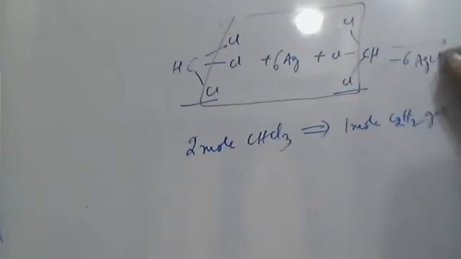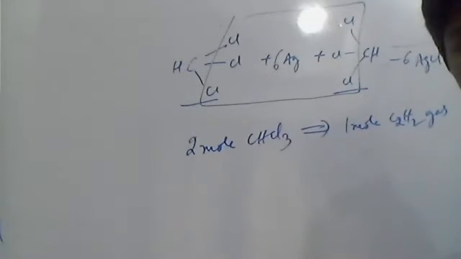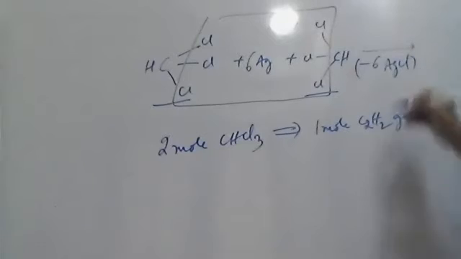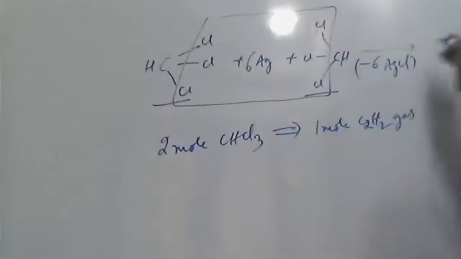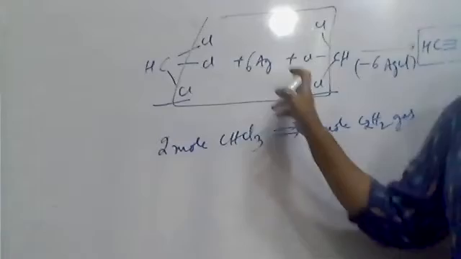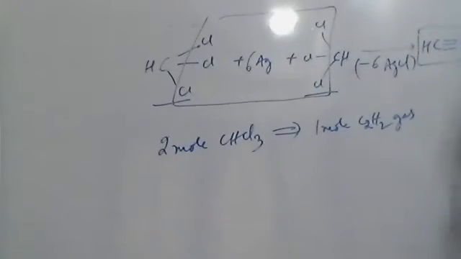Let's pack what goes away and discard it, like how we use a black bag for the dustbin, cover it and throw it away. Then what is left? CH. Then we know that each carbon needs 3 more bonds, so this is a C triple bond C. The gas produced is acetylene. So 2 moles of chloroform gave 1 mole of acetylene.